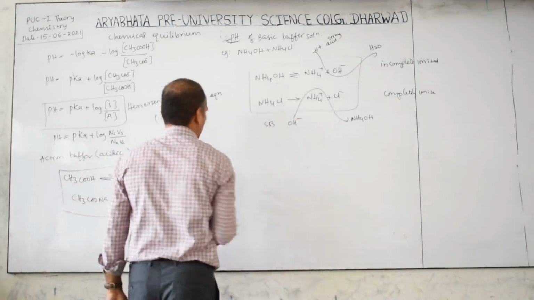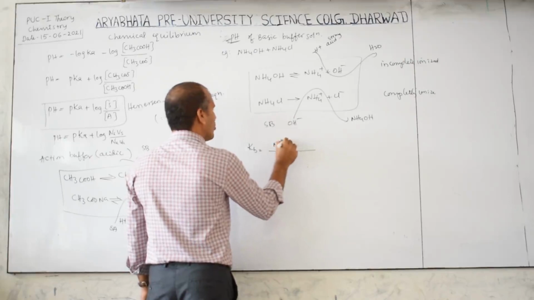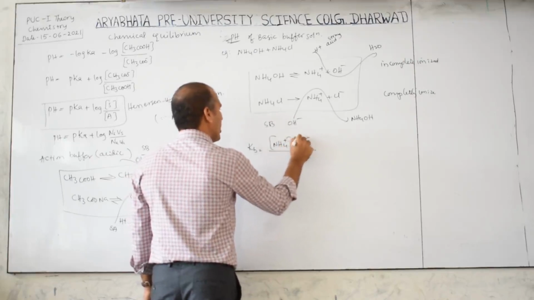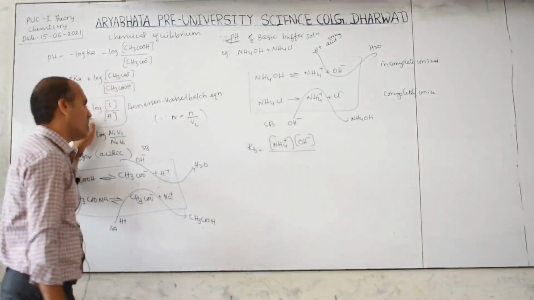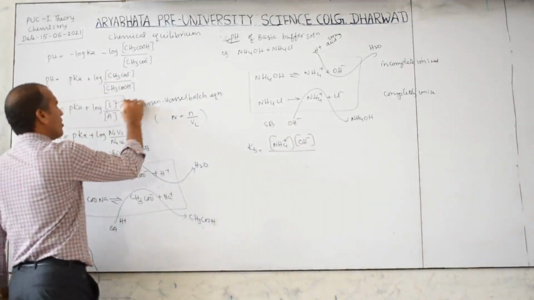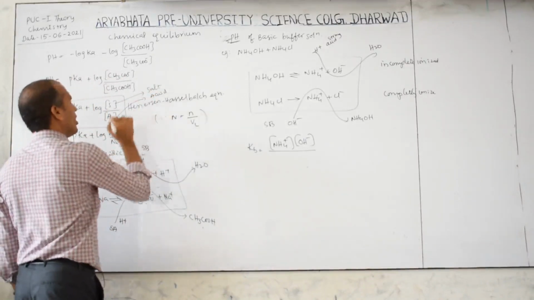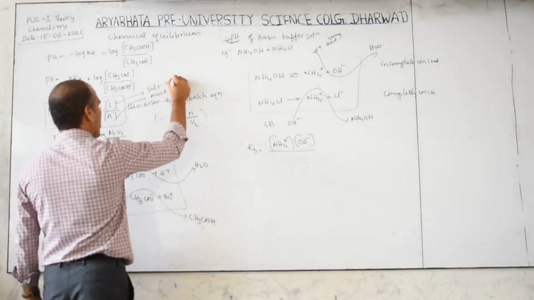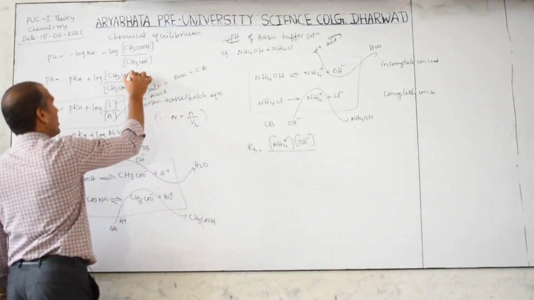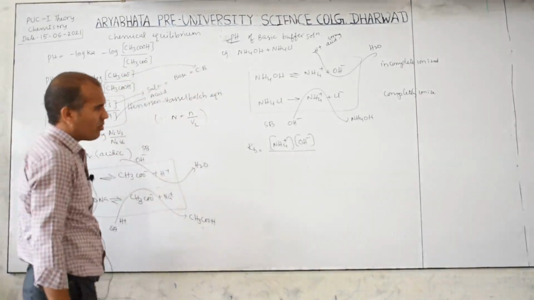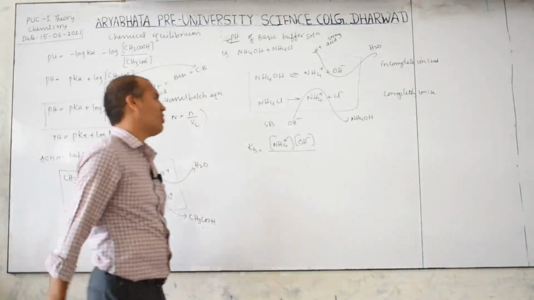Now based on this, what can we write for Kb? Kb is equal to NH4 plus concentration times OH minus ion concentration. Derivation no one asked, but the final formulas are very, very important. S means salt, A means acid, so keep that in mind. Sometimes instead of salt they may write base also. Why do they write base? Because of the conjugate base. That you also have to remember. So don't get confused according to the formula, know each and every term very well.